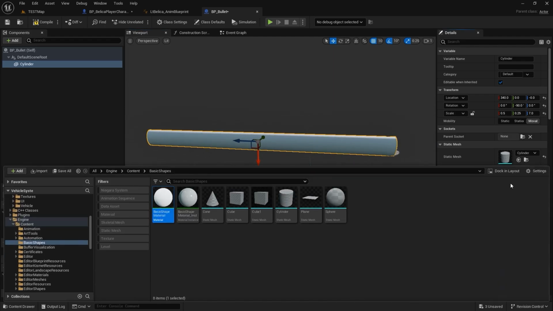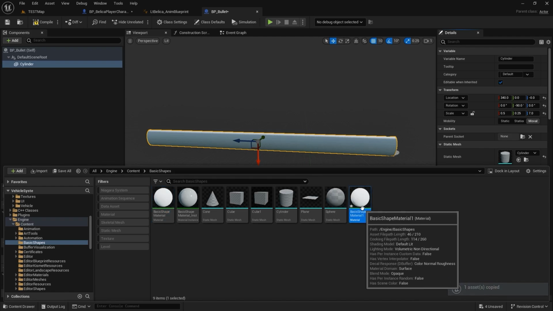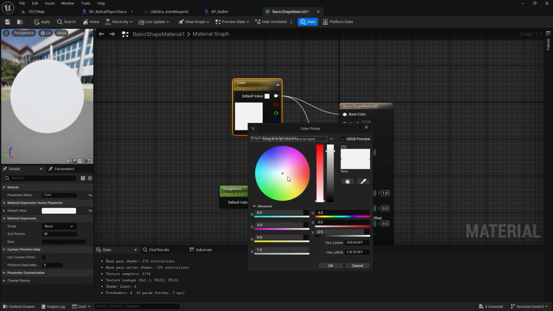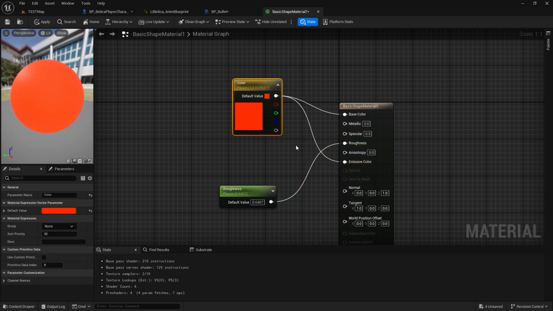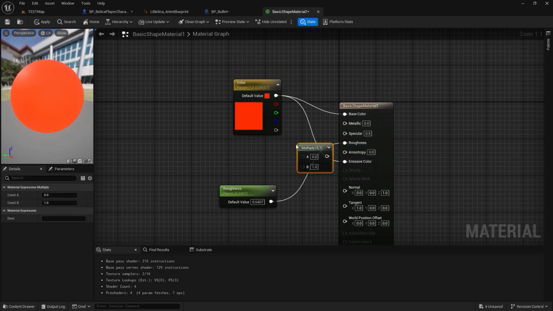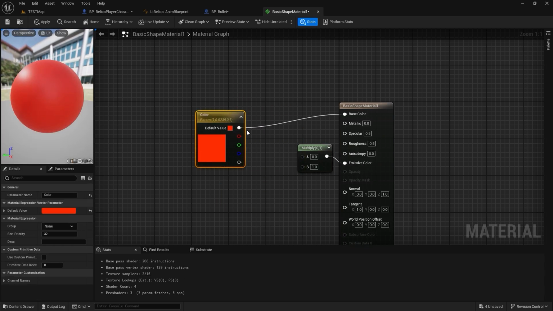Now if I come here and click in here, I can just copy and paste this material. I'll just duplicate this one, and then I can open this one, and I'll bring this here to emissive color, and then I can change this to red color. So red one like this, and then I can multiply this. So I'll add a multiply in here. Let's search for multiply, and now you can see we will bring this multiply in here. I'll remove the roughness, and then I'll just multiply this by something like 20, so we